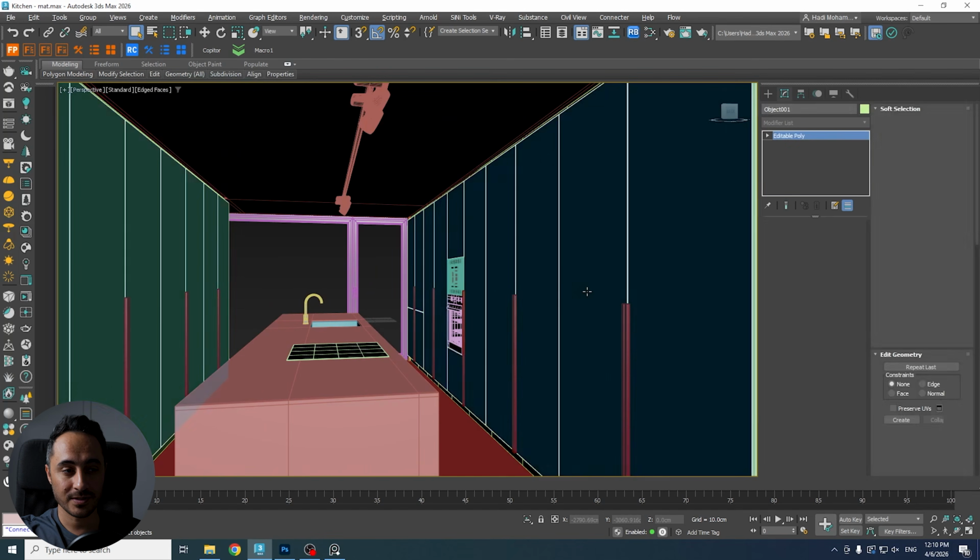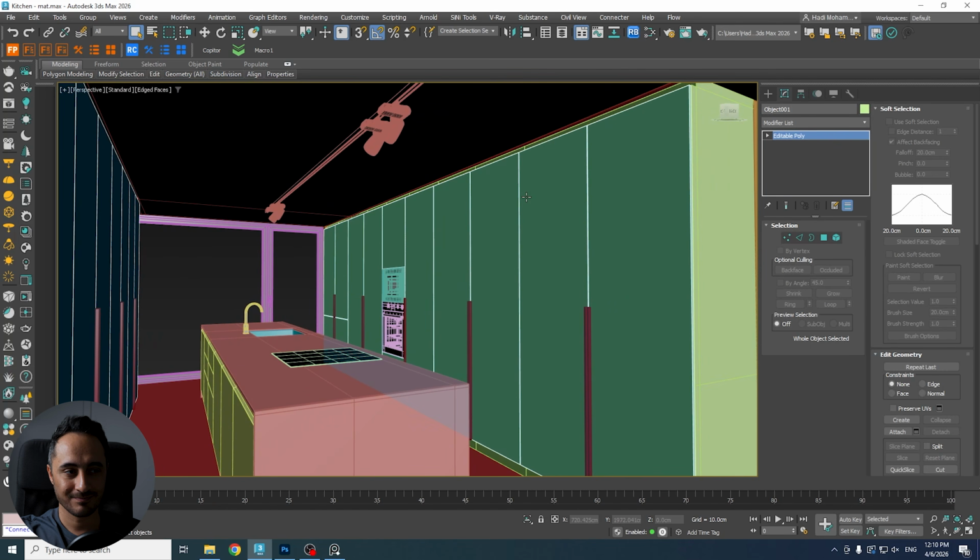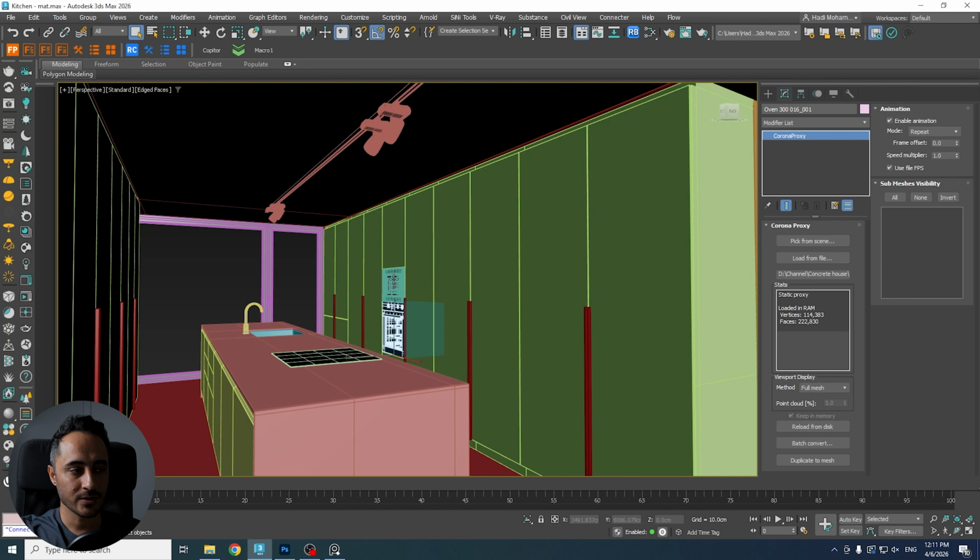So in the first video, we finished modeling this kitchen. And if you can remember, we had some problem with the dimensions of these cabinets. So they weren't accurate. But after finishing that video, I have actually fixed this model. So we have two extra doors on each side right now. And I've actually swapped these models with the one that we had in the previous video because I think these